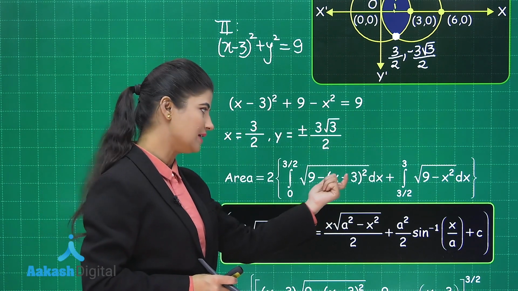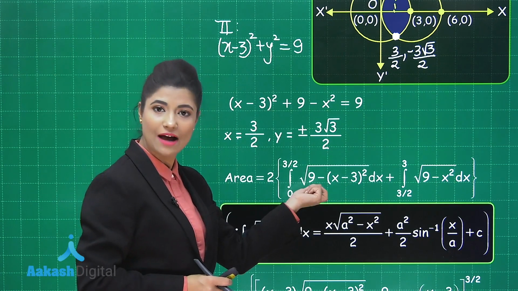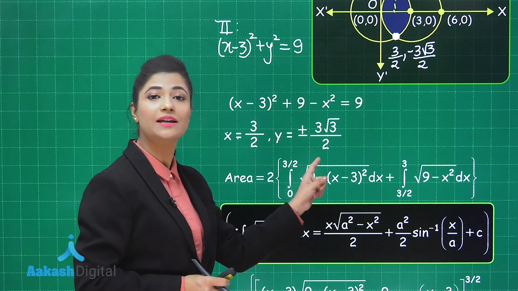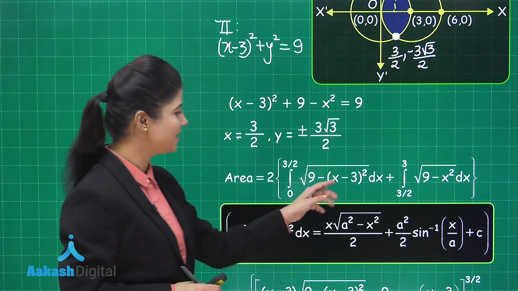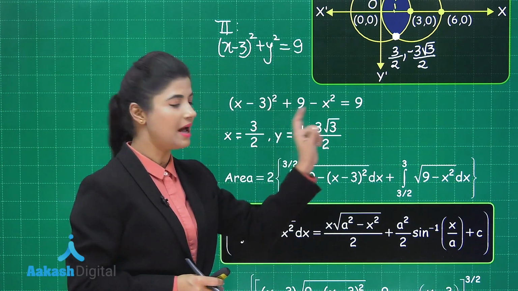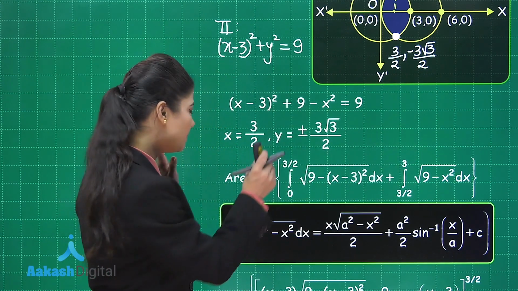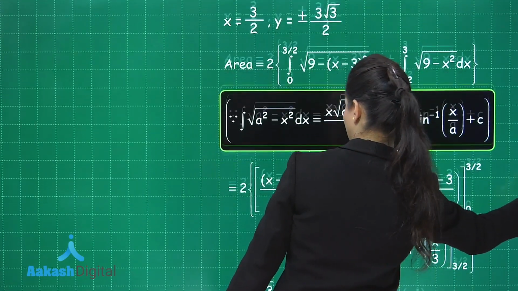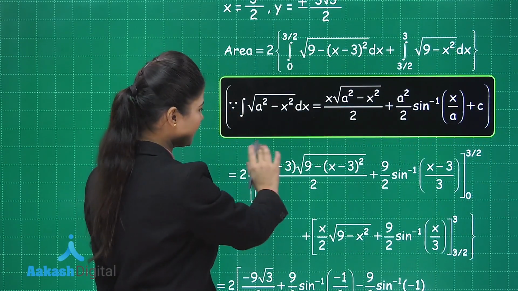In this first integral, in place of a, we have a as 3 because 3 square gives you 9, and in place of x we have x minus 3. While in the second integral, in place of a we have 3 itself, and in place of x, x itself. So applying the same formula here in these two integrals, the area becomes this, that is x minus 3 upon